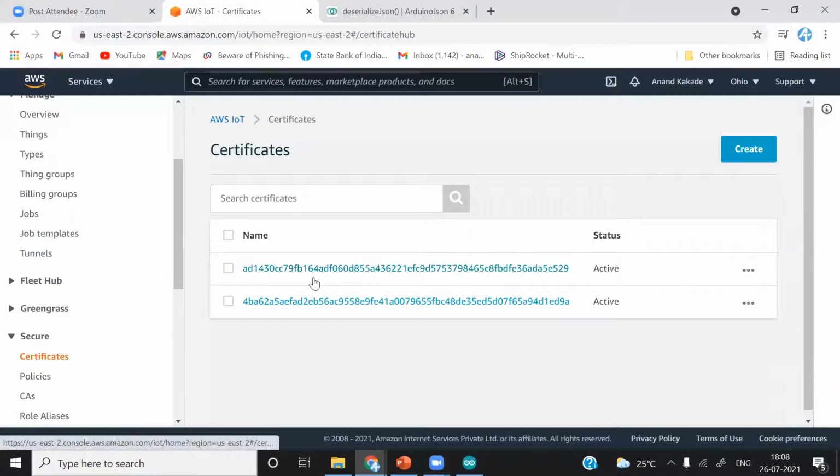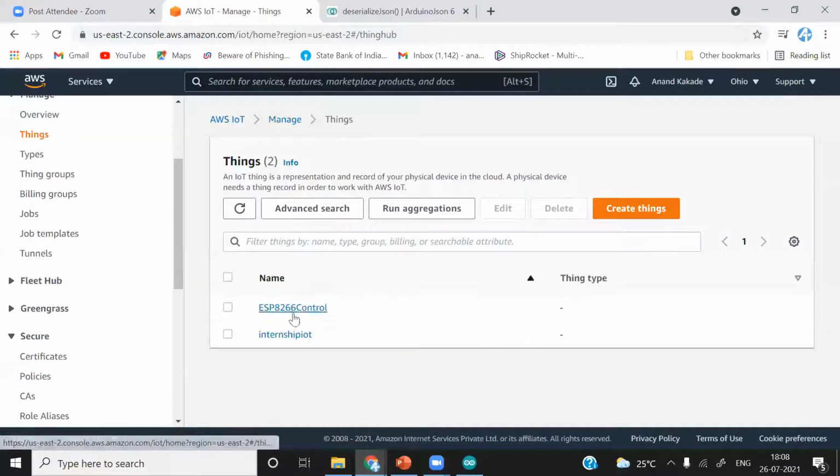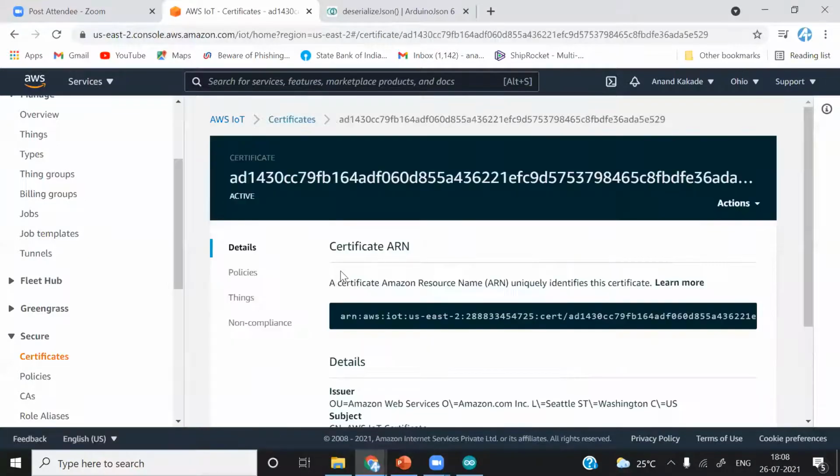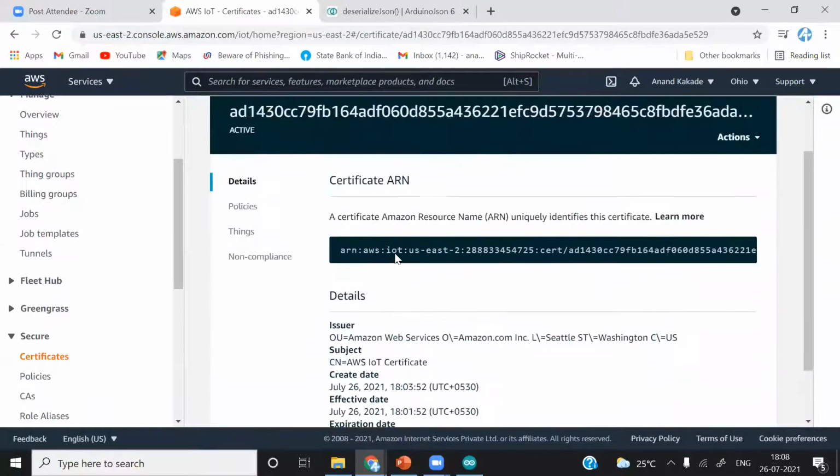If you want to see which certificate is related to which thing you have created in things, you can see there are two things, and also there are two certificates, but it is difficult to tell which certificate is connected with which thing. So simply if you want to find out what thing your certificate is connected to, simply click on it, and you can see all the details of this certificate.